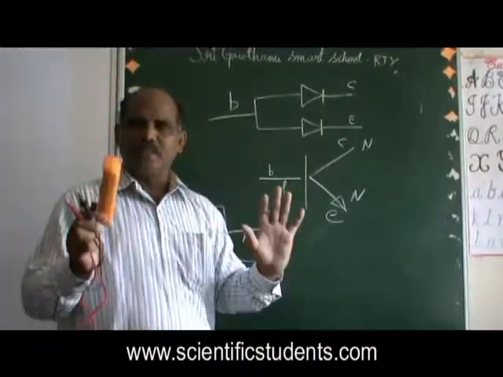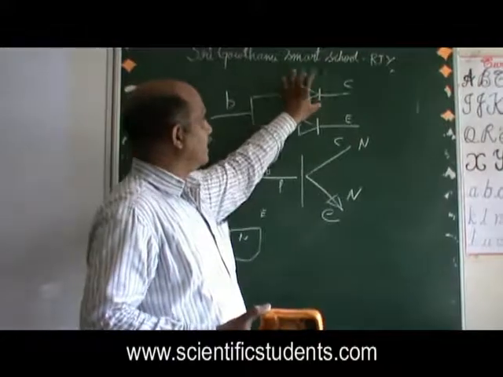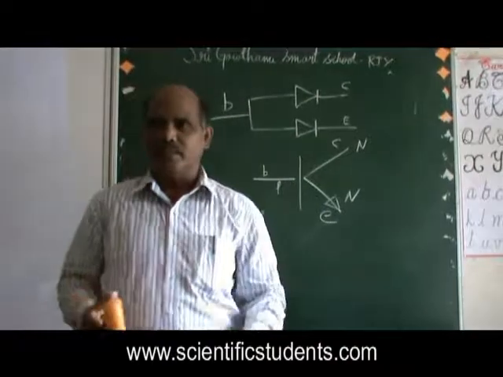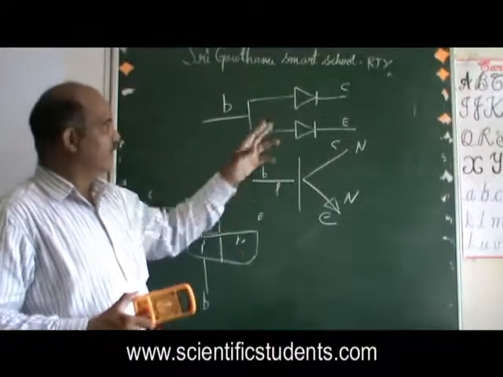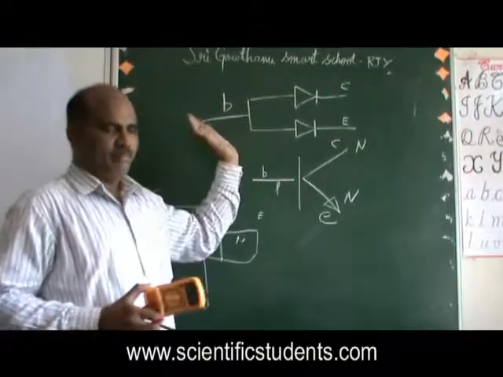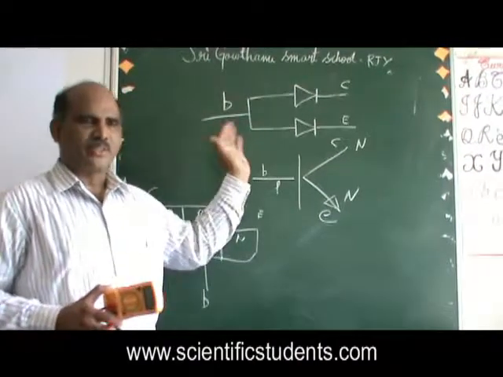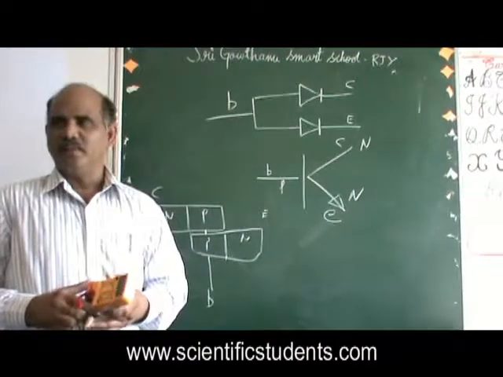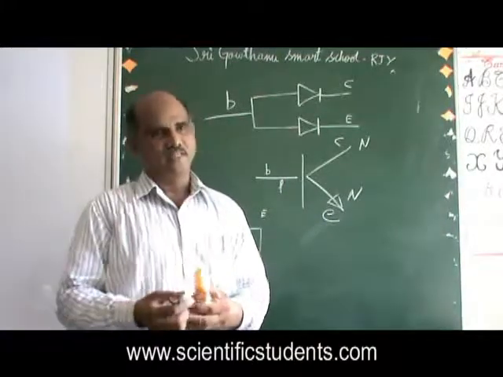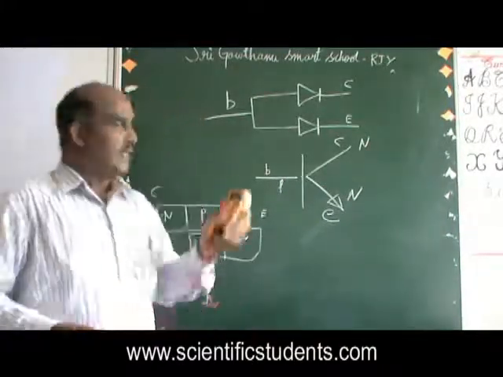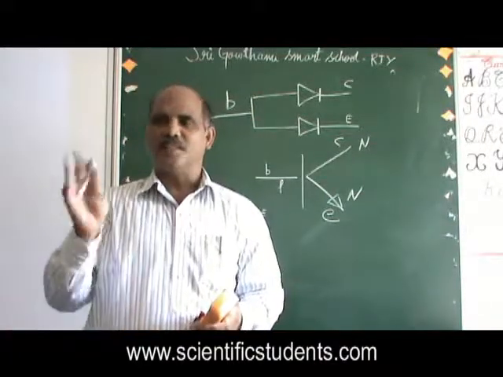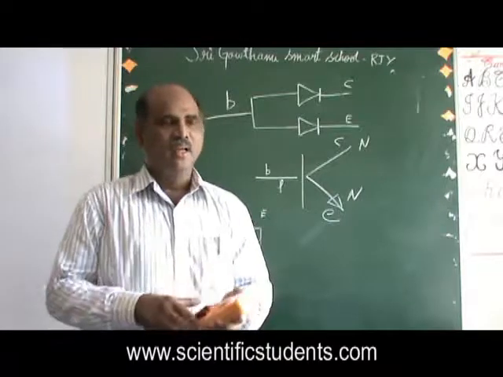It's so simple, you need to understand there are two PN junctions. Two diodes connected back to back is nothing but a transistor. So you need to check the two diodes separately, from base to collector once, and base to emitter another diode. You need to check both diodes are functioning nicely, then the transistor is functioning nicely. If any of the diodes is short or leaky or open, that transistor is not working. Okay, my dear friends? Happy?